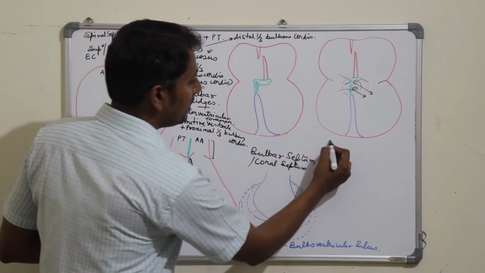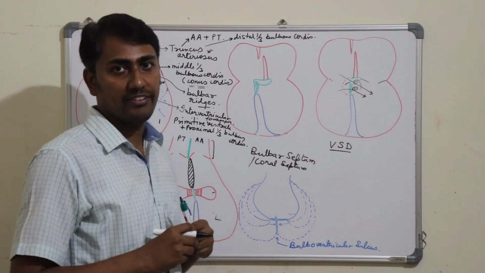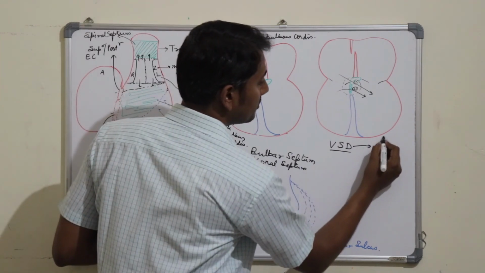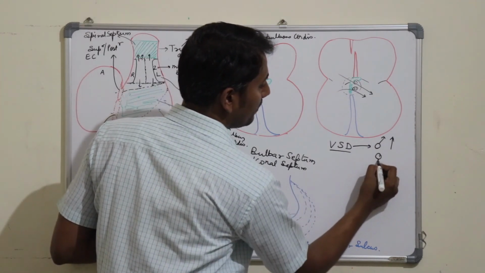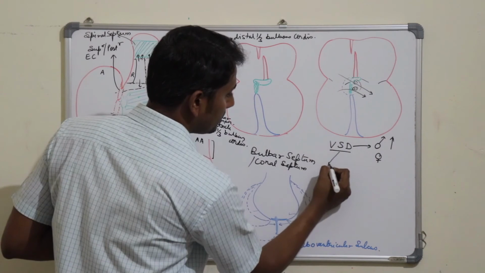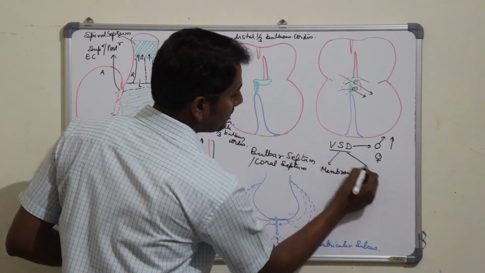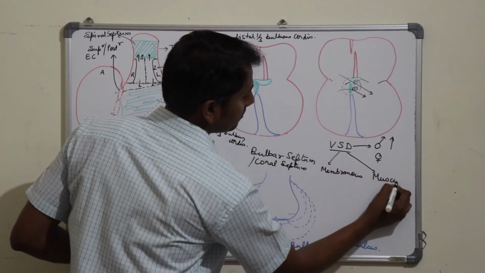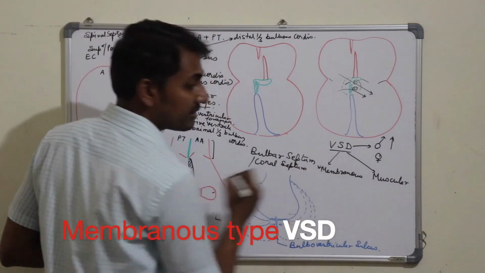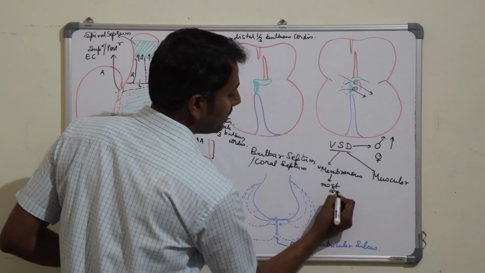The ventricular septal defects are the most common type of congenital heart defects, and they occur more frequently in males as compared to females. There are two types of ventricular septal defect. First is the membranous type, another is the muscular type. The membranous type is the most common type of ventricular septal defect,